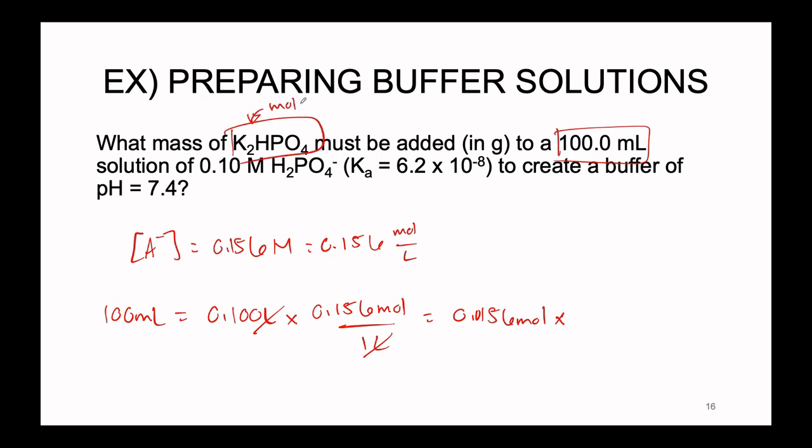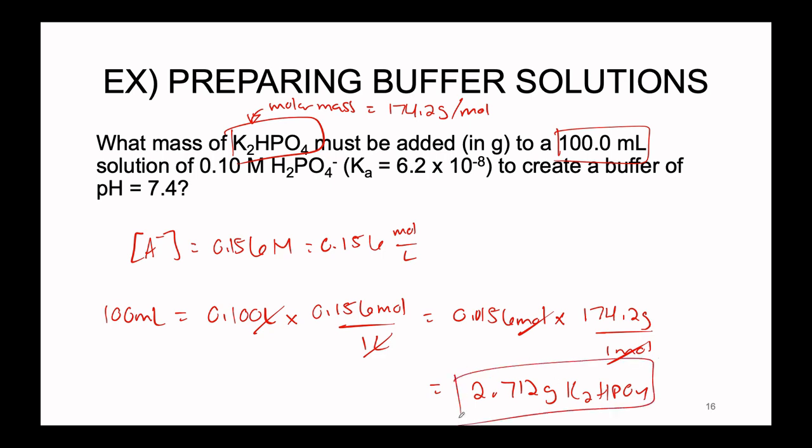We can take this and multiply it by the molar mass of our K2HPO4. The molar mass of this, by observing the periodic table and adding all of the pieces that we need together, 2 potassiums, 1 hydrogen, 1 phosphorus, and 4 oxygens, gives us a value of 174.2 grams per mole. Now we can take our molar value, multiply it by 174.2 grams per every 1 mole. The moles cancel out according to dimensional analysis, and this gives us a final value of 2.712 grams of K2HPO4 that must be sprinkled into our 100 milliliter solution of 0.1 molar H2PO4 minus,